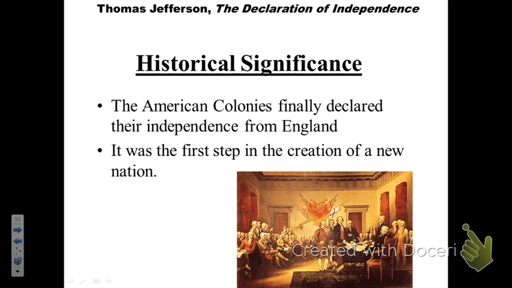So, the historical significance. If you see the Declaration of Independence on your test, this is one thing you want to include. First and foremost, we finally declare our independence from England, after hanging out through the Stamp Act and the Tea Act and the Coercive Act and the Townshend Act and the Intolerable Act and the Proclamation of 1763, all of these different things, the Boston Massacre, the Boston Tea Party, Sons of Liberty. We finally declare our independence from England, and we have to work it out and create a new nation. And we're going to talk about how we have a little bit of growing pains, if you will, as we create